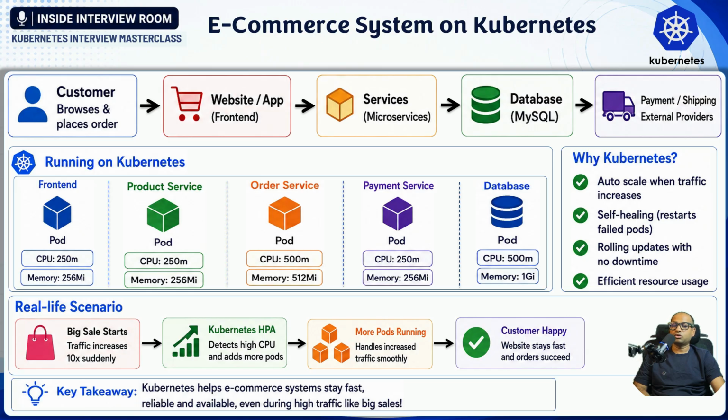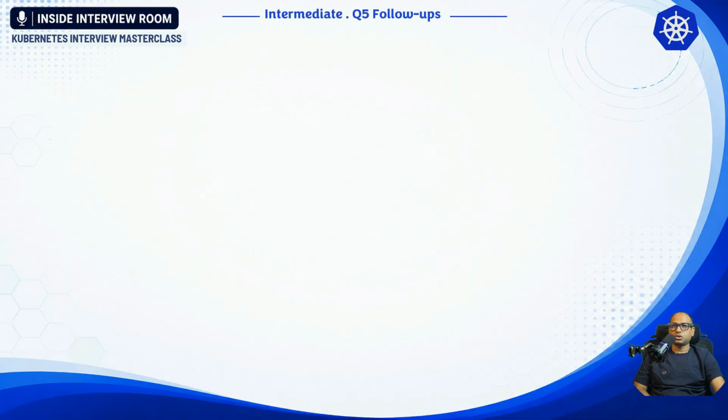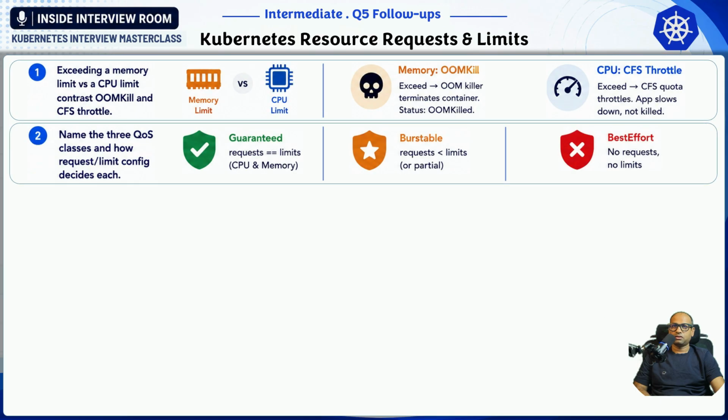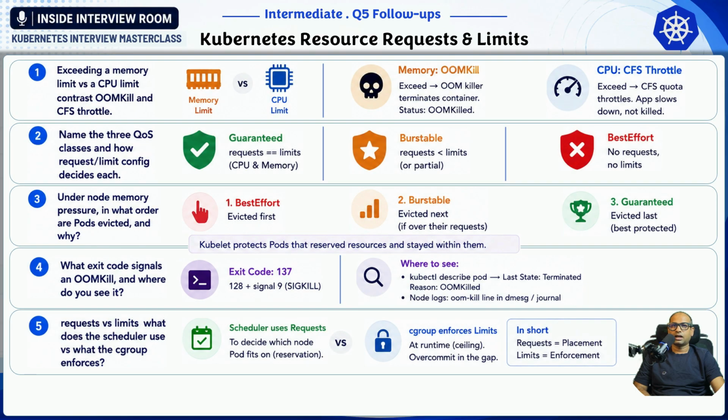Key takeaways: Kubernetes helps e-commerce systems stay fast, reliable, and available even during high traffic like big sales. This is the tech stack that we use. Follow-up questions for question number 5 and